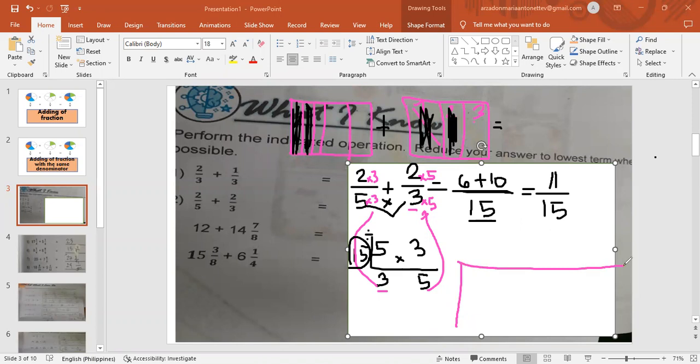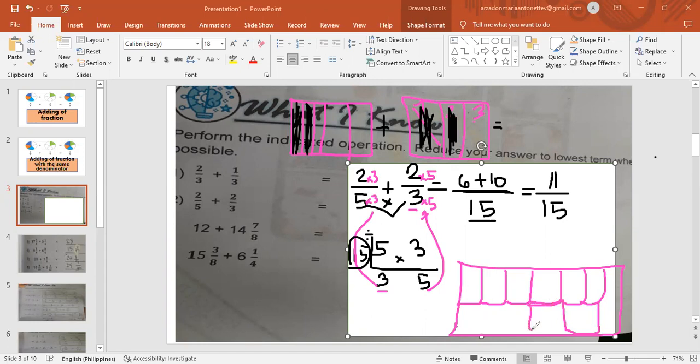So, we have already, in one rectangle, 15 parts. We have 15 parts. 1, 2, 3, 4, 5, and 6. Let's count. 1, 2, 3, 4, 5, 6, 7,